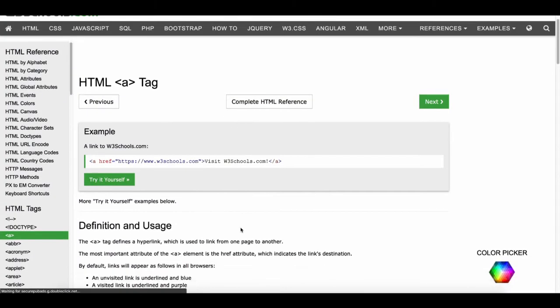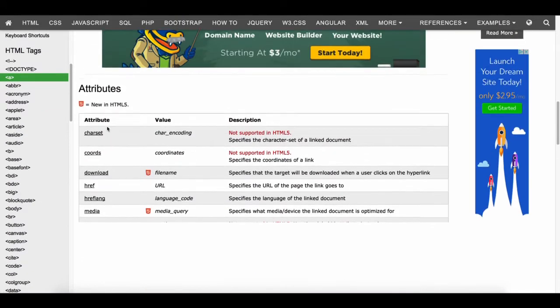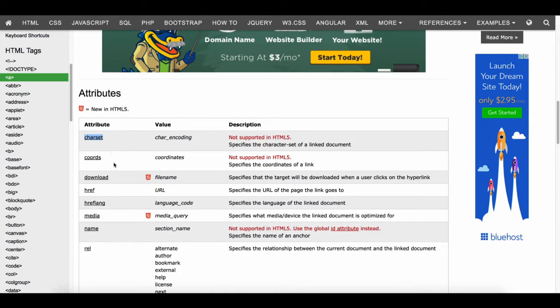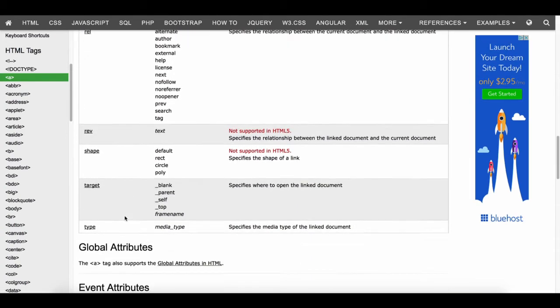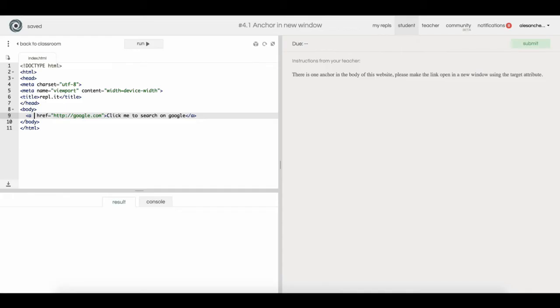Here it is. It's going to start telling us stuff that we can use on the anchor tag. Here, charset, coords, download, href. We're going to be using specifically target, because it specifies where to open the linked document. And we want to open it in blank. So let's put here target